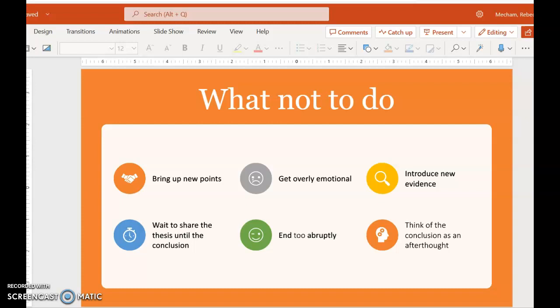You want to be sure, even if you do wait to say your thesis until the end, that your reader knows what you're talking about and that it's clear that you know what the main focus of your essay is. And I just find it's really hard for students to keep that focus and that clear idea without sharing their thesis in the beginning. So I would really stray away from sharing your thesis last unless you have a very good idea. Maybe talk it over with someone first at least.